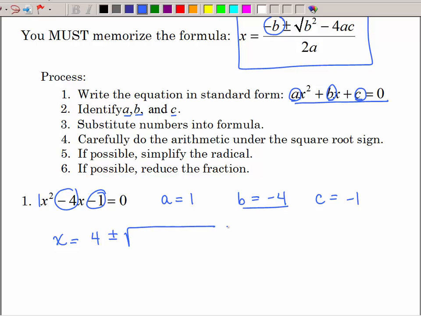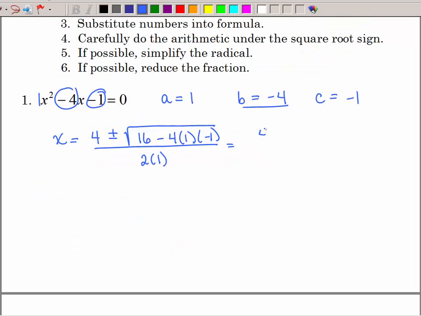Then plus or minus the square root, b squared. Now I'm going to go ahead and square negative 4, and when you square something negative, it's positive. Then minus 4 times a times c. I'm not going to do that arithmetic until the next step. Divided by 2 times a. After this, it's just arithmetic. So I have 4 plus or minus the square root of